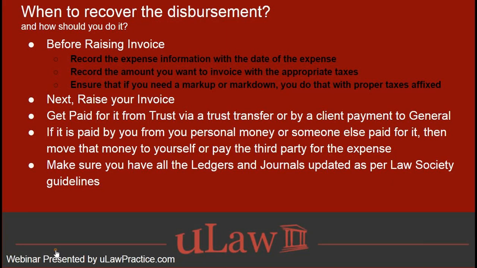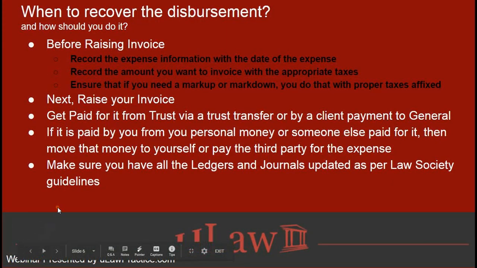The importance, of course, between paying for disbursements out of the trust account and paying for disbursements out of the general account, one last time really is, when it comes to trust, you don't have to recover the expense. You're basically showcasing that you have used it and the money is taken directly out of the trust account, which reduces the total amount of trust receipt. Whereas in the general account, of course, you would have to pay for it in advance, include it in that invoice, and wait for that customer to pay you, provided that there's no trust involved.